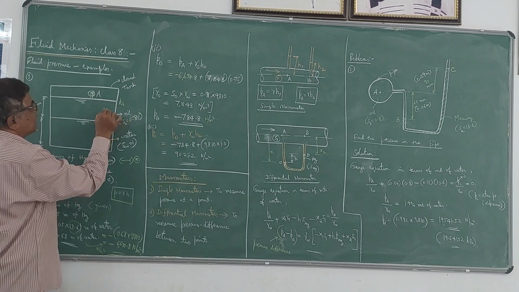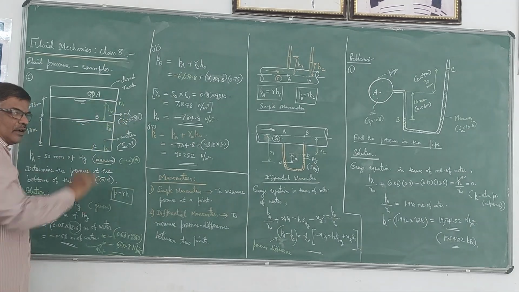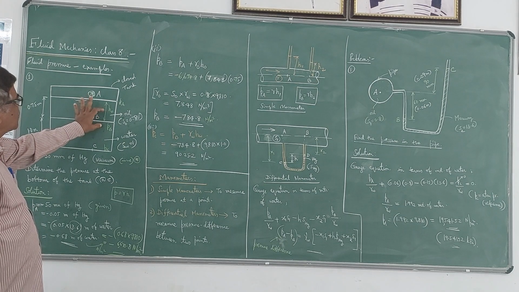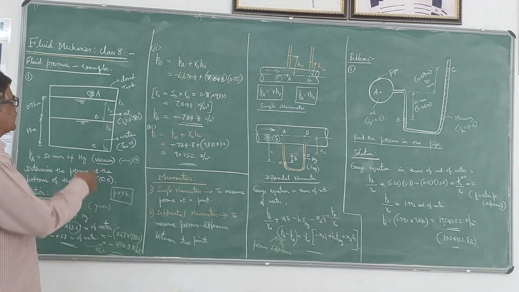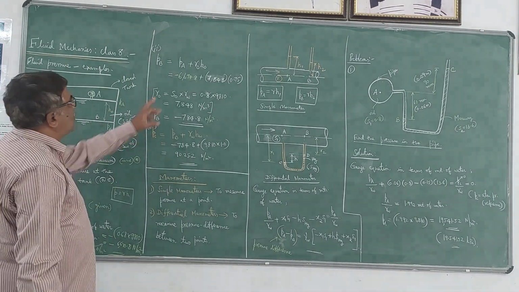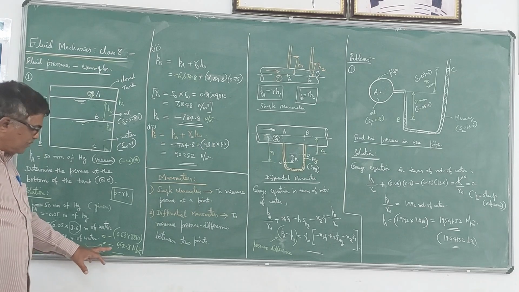So this H of oil is this value. What is the height of that oil liquid? So that H naught I have to take. So gamma naught into H naught is the pressure due to this oil at point B. So now what we have to do here is, PA you already know in terms of Newton per millimeter square,